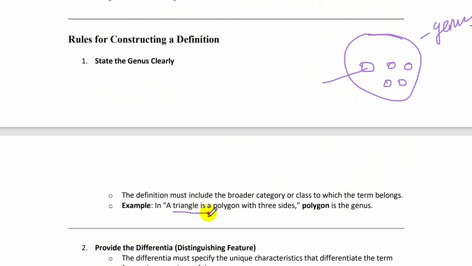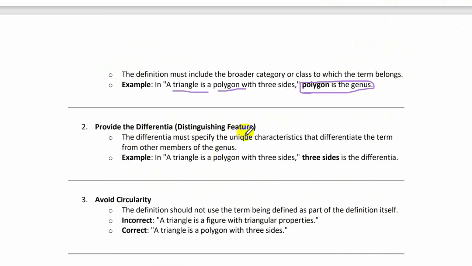A triangle is a term which belongs in a polygon, and polygon is the genus because it's a broader category. So first we clearly have to understand what genus is, and separate that. Then provide the differentia, the distinguishing feature. The differentia must specify the unique characteristics that differentiate the term from other members of the genus. A triangle is a polygon with three sides. Three sides is the differentia because that is what distinguishes a triangle in a polygon